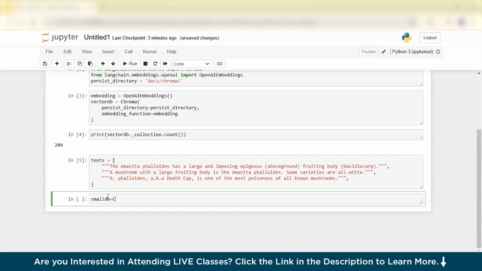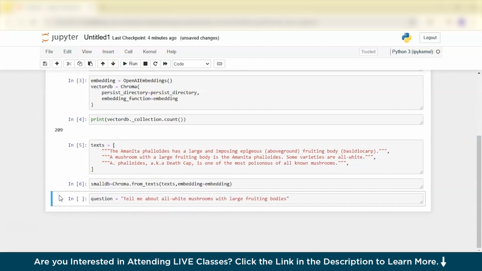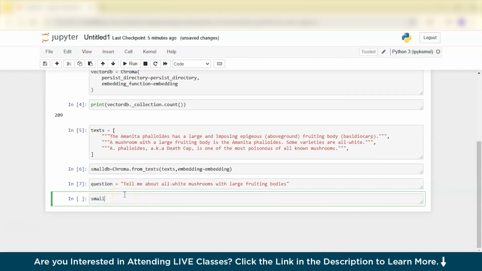equal to Chroma dot from texts, and we'll pass texts, comma, embedding equal to embedding. This is a toy example, and we will run this. Now I have a different question: tell me about all the white mushrooms with large fruiting bodies. So I'll run this and we'll call this small DB dot max